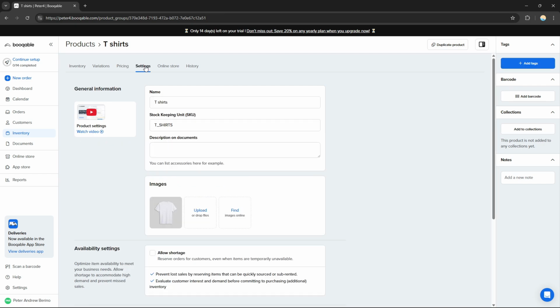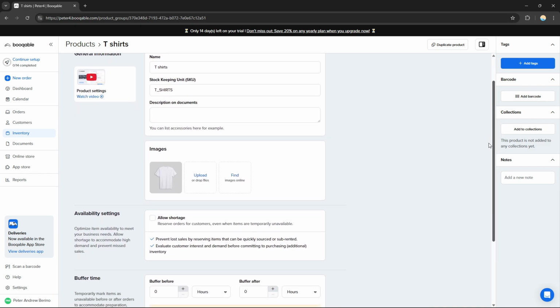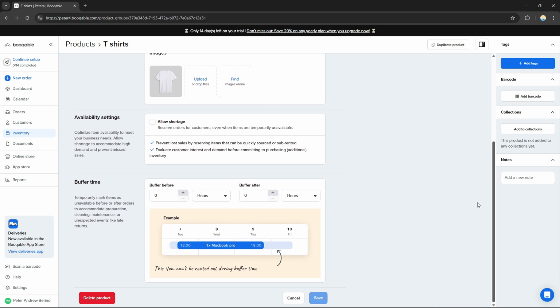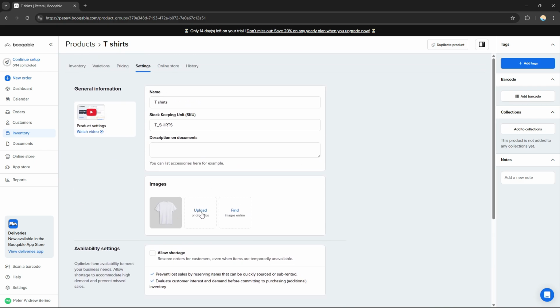And also on settings, if you click on settings, you can edit the general information of your product, and also the availability settings and the image. If you don't want the AI generated image by Bookable, you can upload the real image of your product right here. So now after you're done setting up your products and your pricing rules, you can now